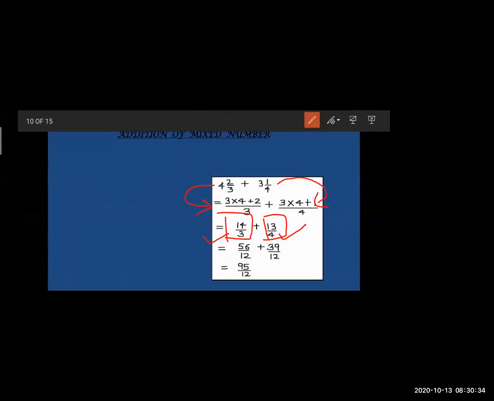See here, both the denominators are different, so we cannot add the fraction. Okay, so see the next step what we have done, we have just made the denominator same, and it also has a process how we can make the denominator same. I will explain you how to make the denominator same. So we have made the denominator same and then we can add. Here it was 3 and 4, denominators were different, but here we got the same denominator 12, and then we have added the numerators and we got the answer. So this way, if you have different denominators, first you will make the denominator same and then you can go for the addition.